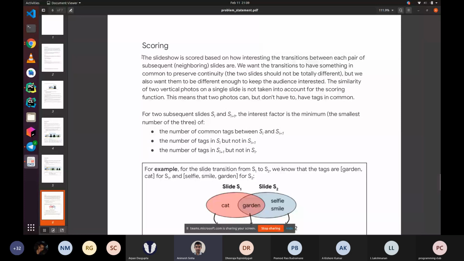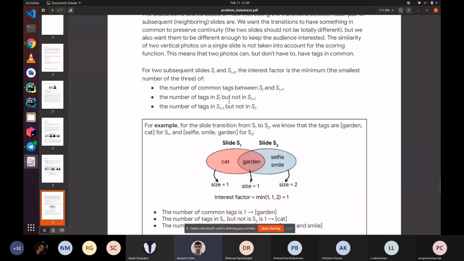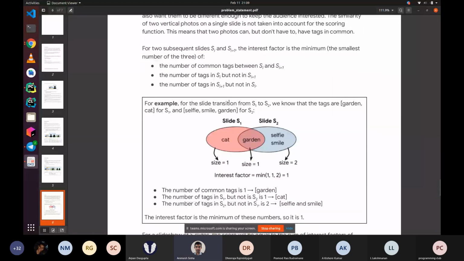Anyways, so here is our objective. We are trying to maximize this objective over every pair of consecutive slides. So we have a slide i and a slide i plus 1, and they have some sort of tag intersection over here, garden in this example, and they have some set difference. The left difference of the two sets is cat, and the right difference is selfie and smile. We are trying to maximize the cardinality of the minimum of all of these three.